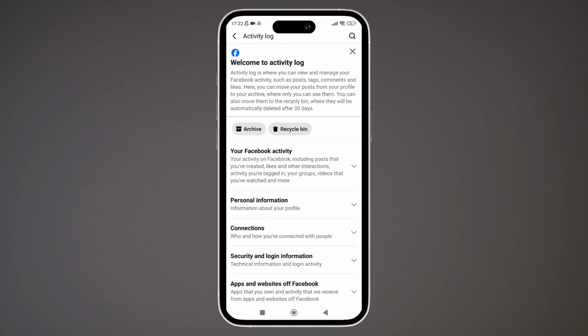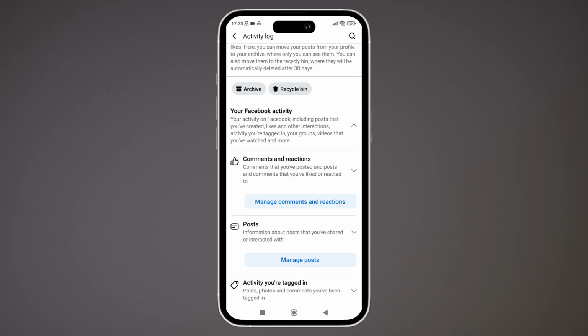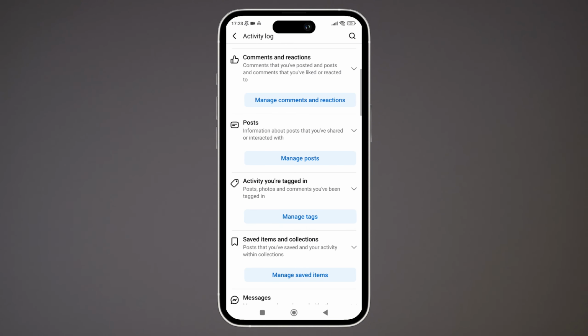Now here, once you see the interface like this, what you can do is simply scroll down and there you can just tap on Your Facebook activity. And now here, simply scroll down and there you can just tap on the Manage posts option. And here, once you see the interface like this, then what you can do is